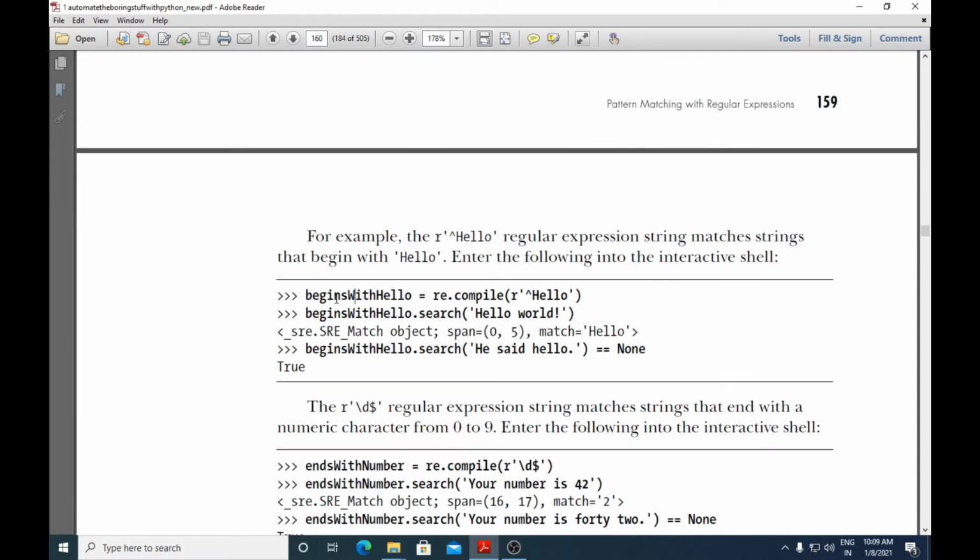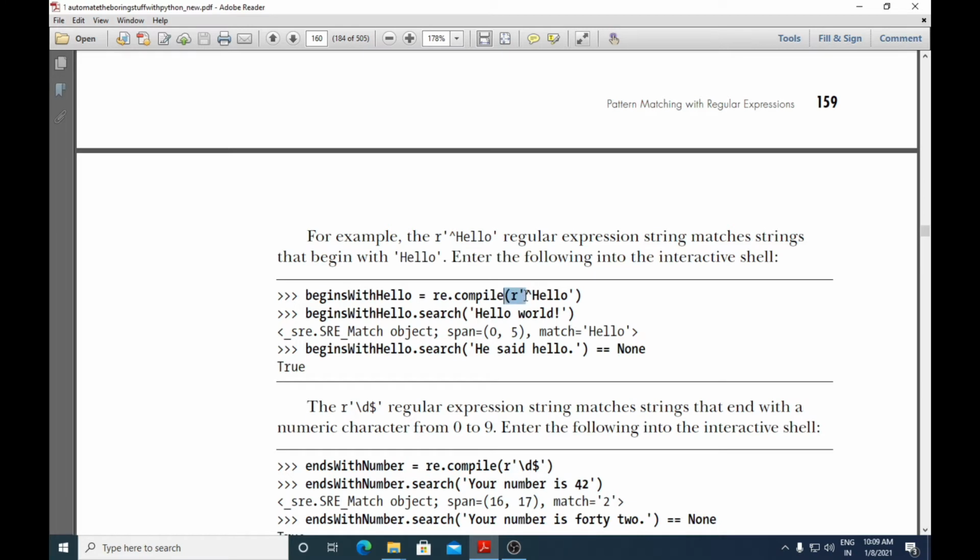Here you have a variable called begins with hello, and here we have a function called compile. Re.compile helps us to create an object of this regular expression. The regular expression here is hello, beginning with the caret symbol.